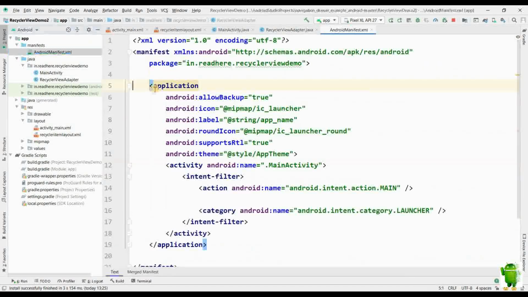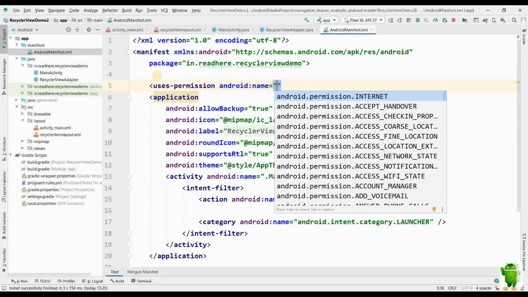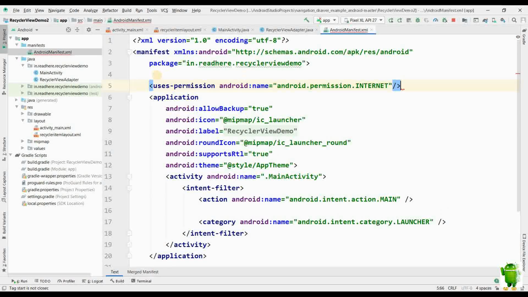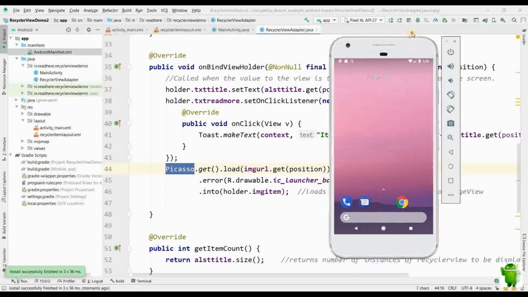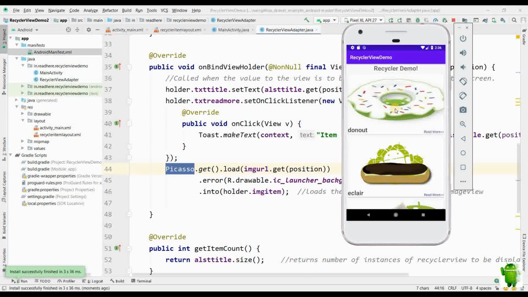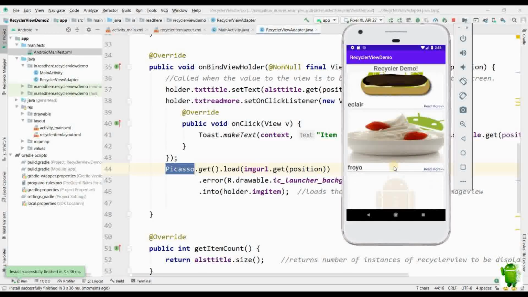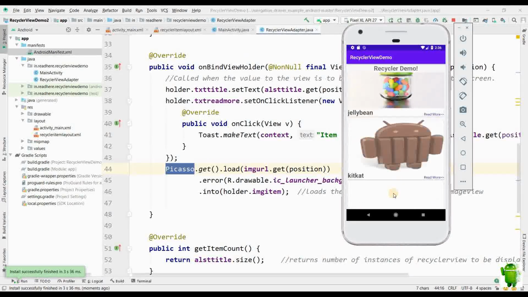Now we will set the internet permission in the manifest file. After doing that, we will run the program and see how the output is displayed. Here it is, as per our requirement. All the images are being fetched from the internet and displayed as and when we are scrolling, and the items are displayed.